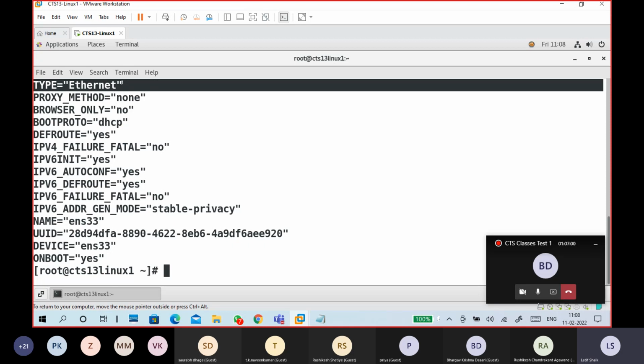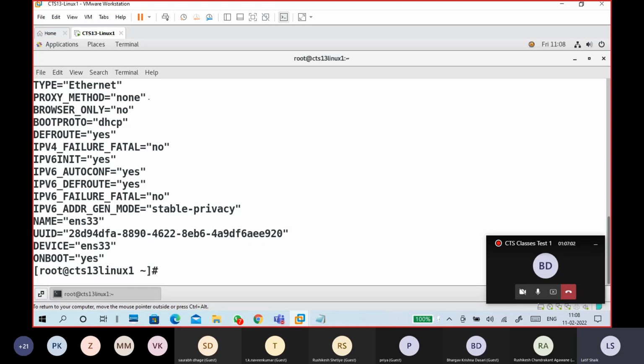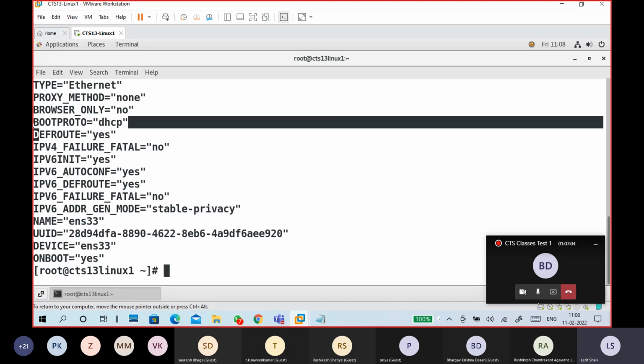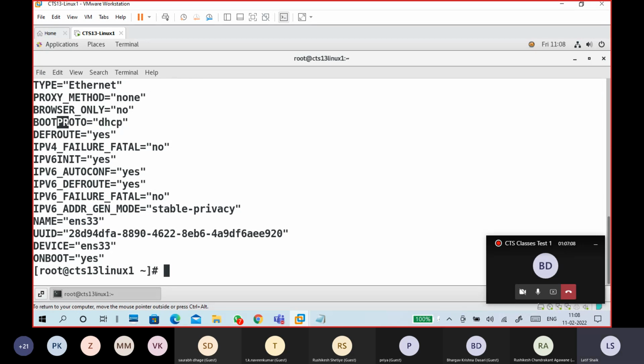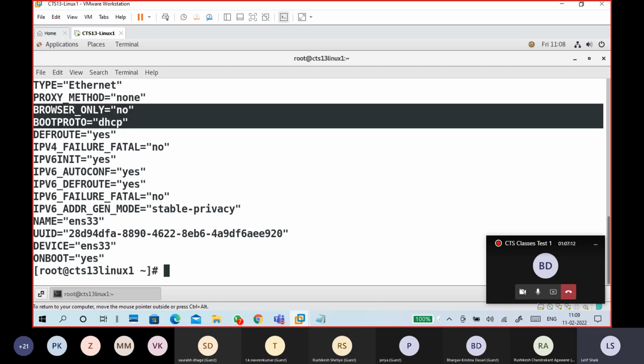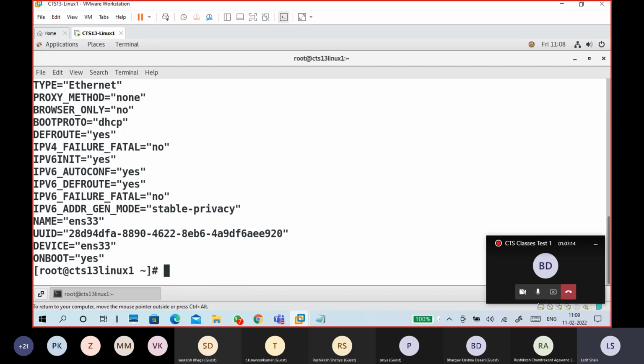The type is Ethernet. See, BOOTPROTO, boot protocol is DHCP. IPv6 is yes. Default route is yes.